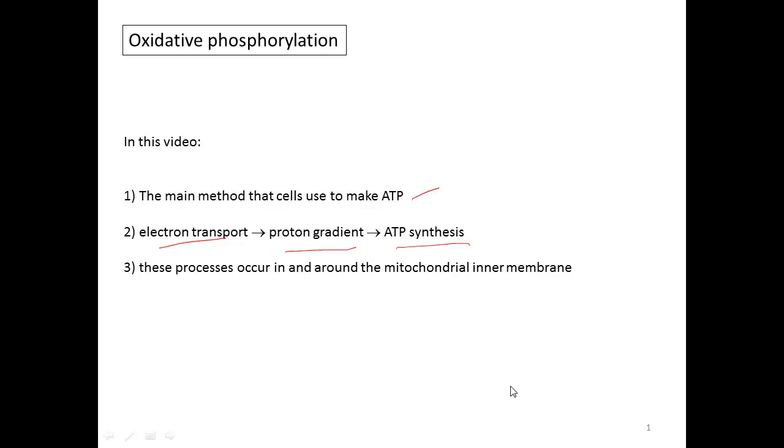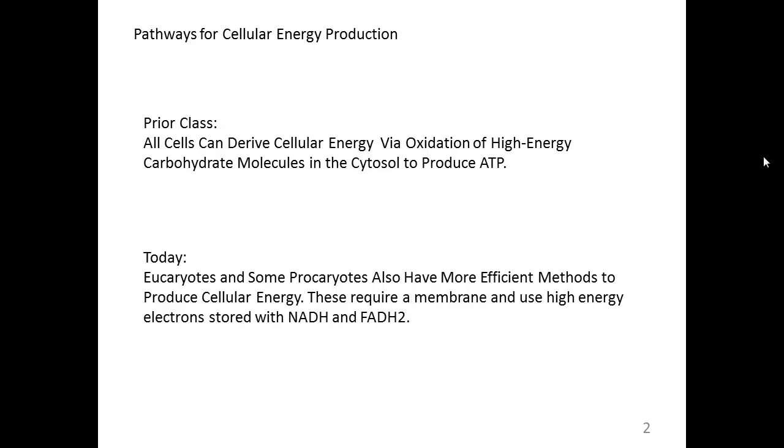And finally, in this video, we'll look in detail at the structure of the mitochondrial inner membrane, which is the location for most of these processes, as it is the essential barrier between the inner mitochondrial matrix and the mitochondrial intermembrane space. Now, in our prior lectures, we saw the process of glycolysis, where cells took glucose and other carbohydrates